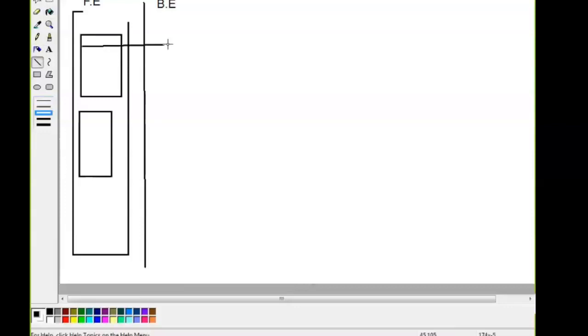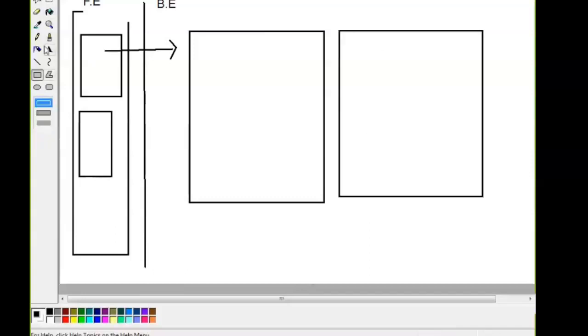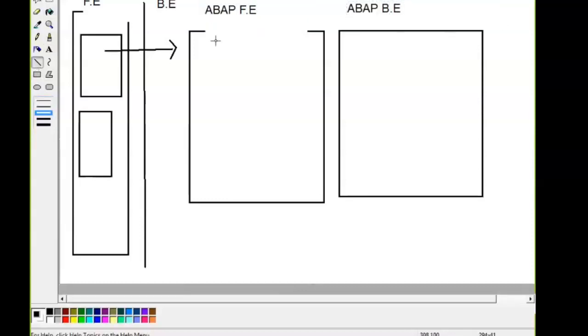When a request is sent from the front end to the back end, in the back end there resides, in the hub environment, 2 servers which are called the ABAP front-end server and ABAP backend server. And these 2 servers are connected through trusted RFCs.